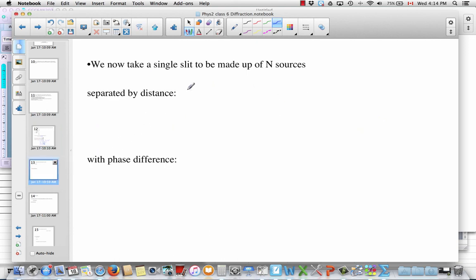So for our single slit, we're now going to pretend that it's made up of n little slits, and they are therefore going to be separated by a distance a over n, because a was the total slit separation. a was from there to there. And then the phase difference between those sources is going to be 2 pi over lambda times the path difference, and that's 2 pi over lambda times,